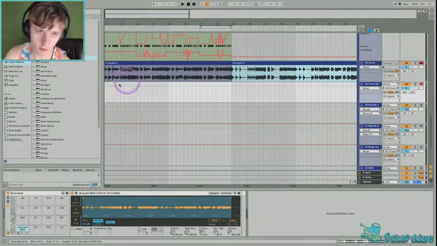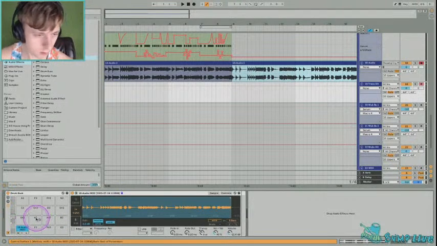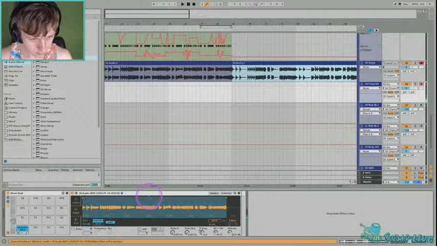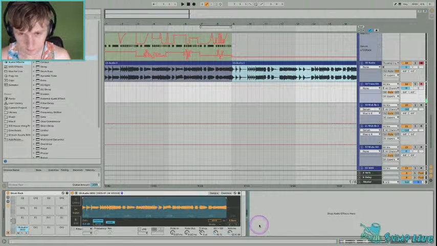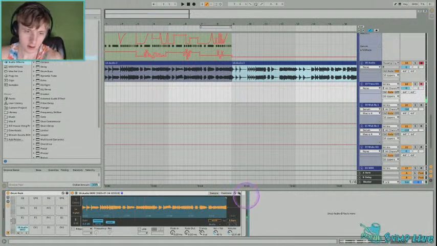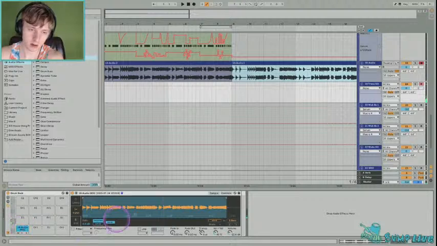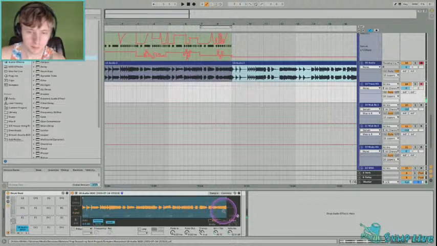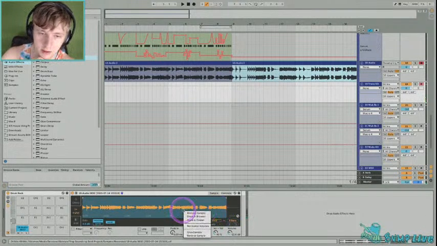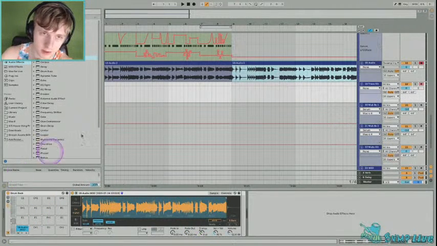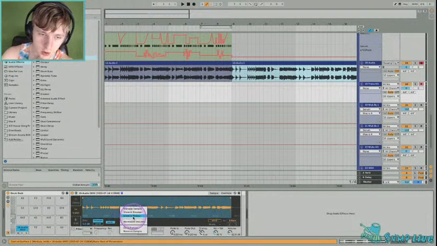Okay, enough talking, more slicing. So, let's start with this one. First thing is, the loop is quite... Aha! See! There's a convenient way to do it in the sampler. By the way, this is the sampler in Ableton. First thing I'm going to do is go in here and normalize volumes. Beautiful. This is what I wanted to do this whole time. So I can come in here to the second clip as well, normalize its volume,